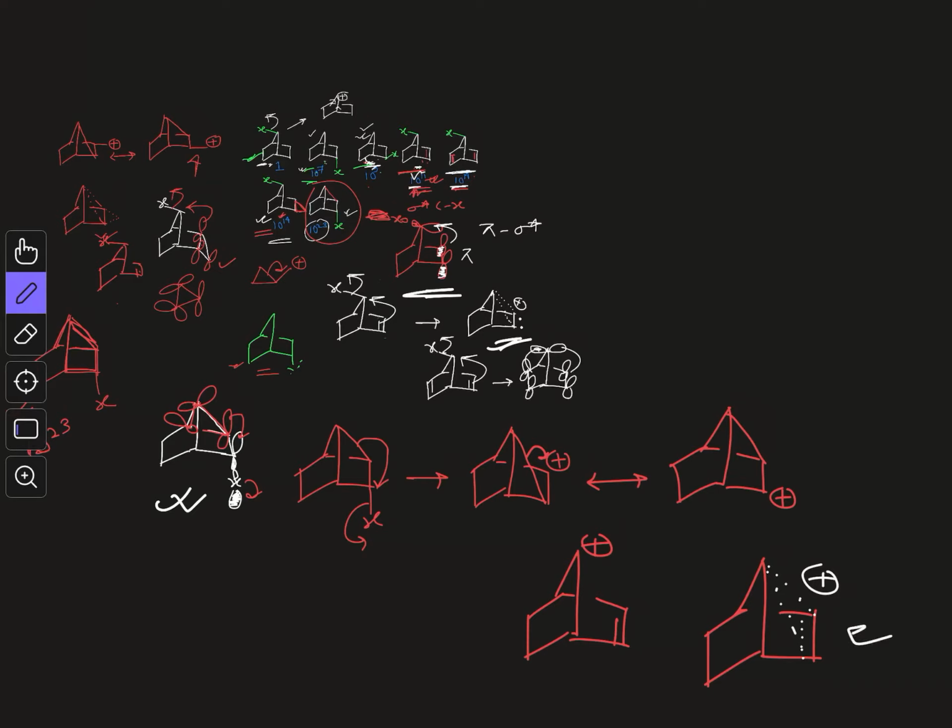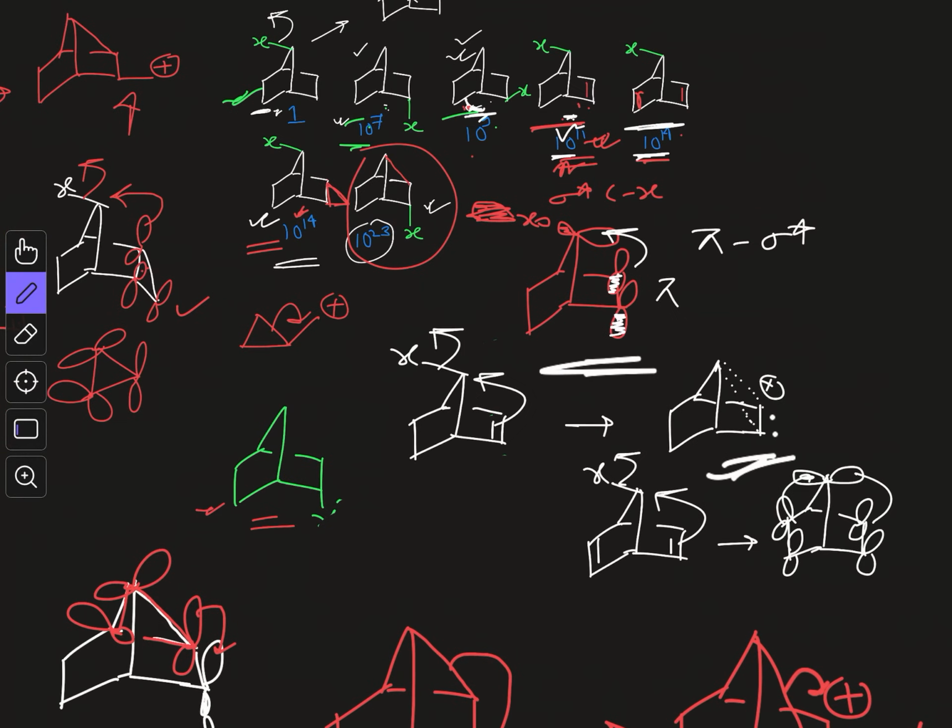But in case of this pi bond system there was no initial strain in the molecule, but in this case we had initial strain, and that is reflected in this 10 to the power 23 rate difference. So this is the thing, and you understand how the reactivity differs when we alter the structure of molecules.